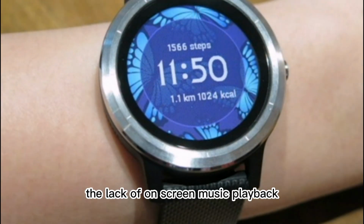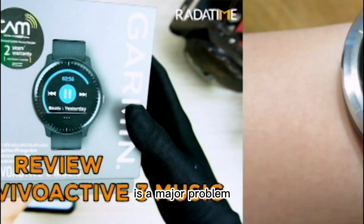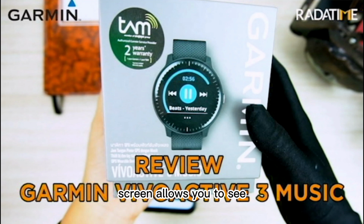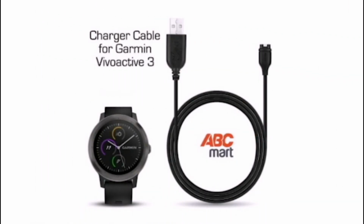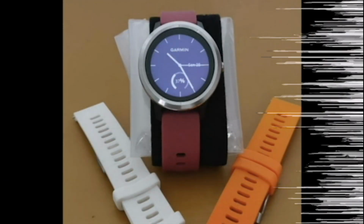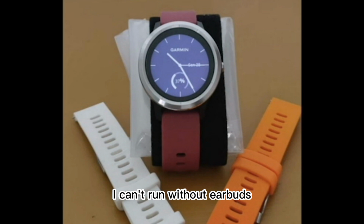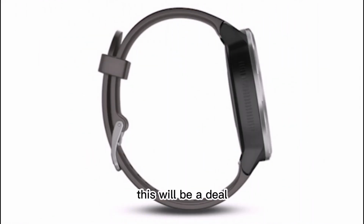The lack of on-screen music playback, on the other hand, is a major problem. The Vivoactive screen allows you to see track titles and manage what's playing on your phone, but if you want to run without your phone, you'll have to go music-free. That's great with me. I can't run without earbuds or headphones, but for some folks, this will be a deal